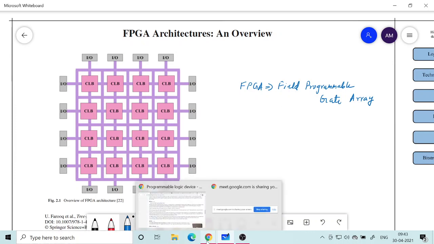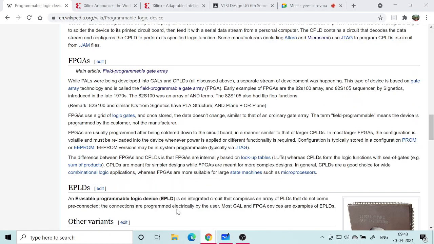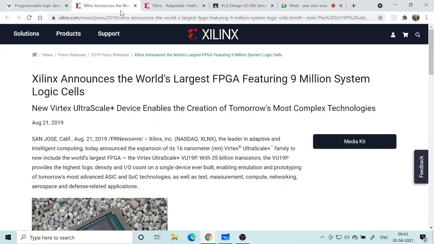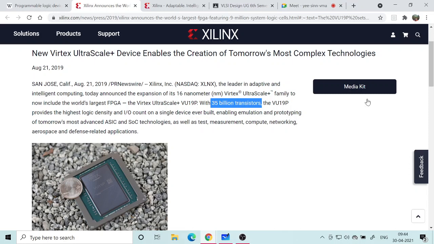But for the recent FPGA, I have some data here from the website, so I was just looking at it. If you look at the Xilinx website, you will see something like this. This is a news article from 2019, and you can see that they are talking about something like 35 billion transistors in an FPGA chip, which is the most recent chip. You can see a reference with respect to the coin that is there.